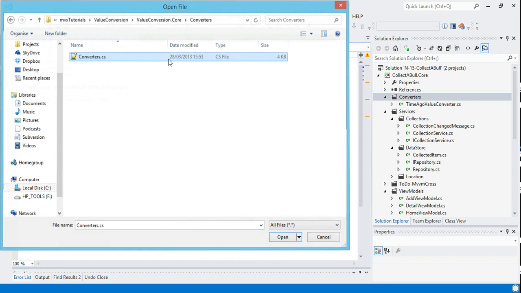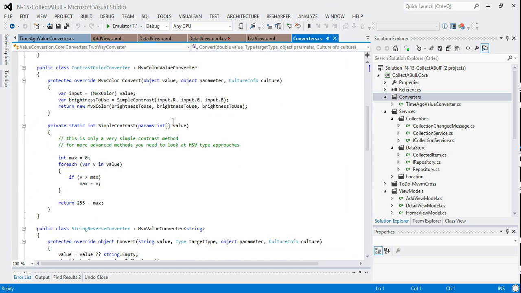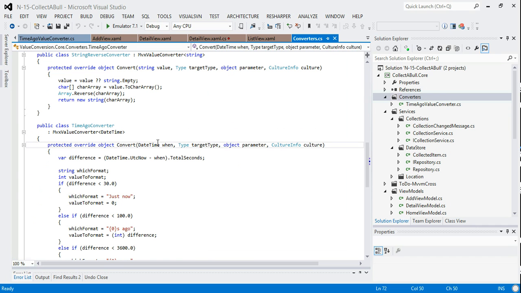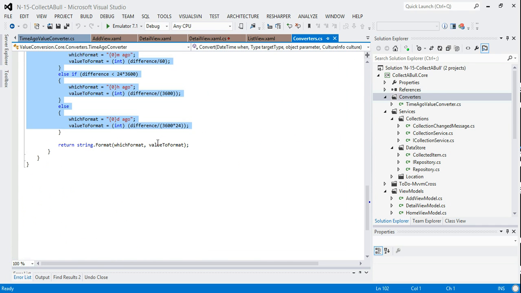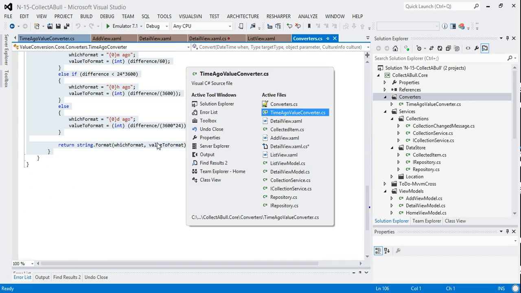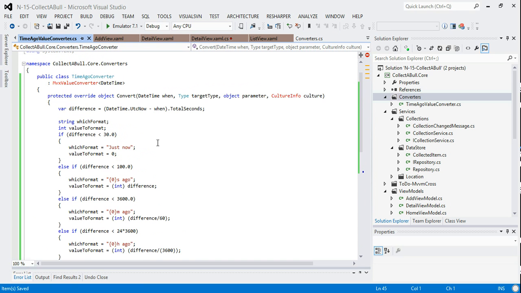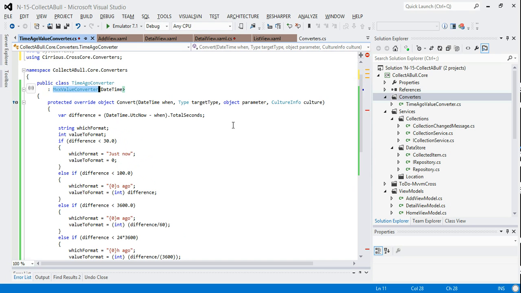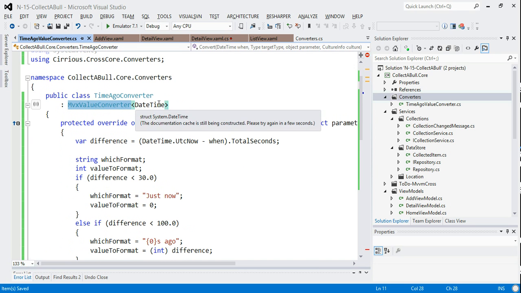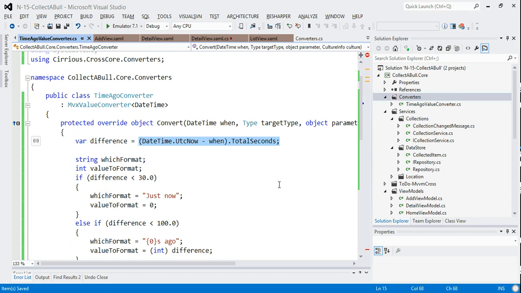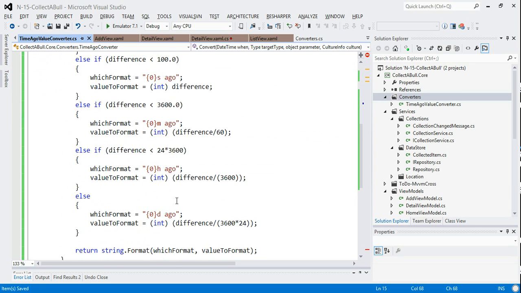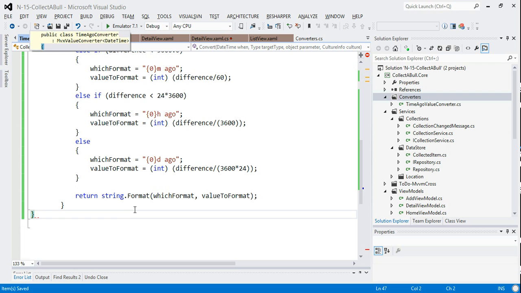And so it's in here somewhere. Somewhere in here I should have a time ago. So here it is. So I'm just going to copy this functionality. You don't need to see me coding that live. What this functionality does, just to show you, is it inherits from MVX value converter, and it expects a date time as the property, which we're going to have because it's there. And all it does is look at the total number of seconds, and it does a just now or a number of seconds ago, etc. So with that coded,